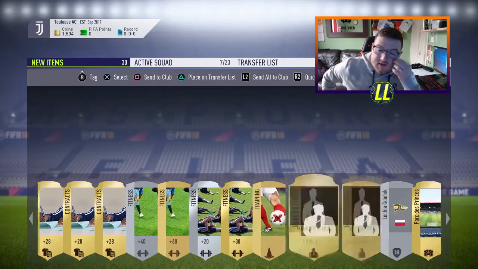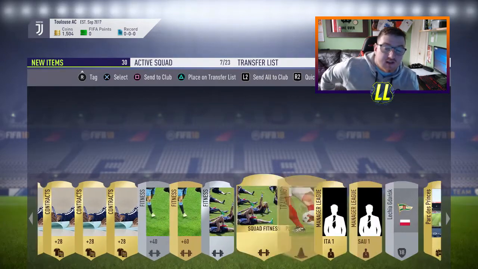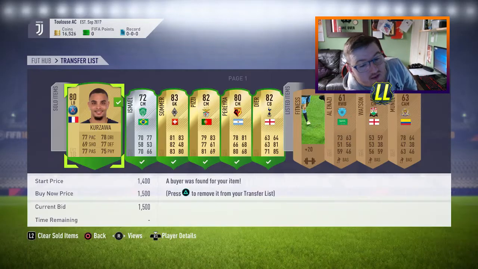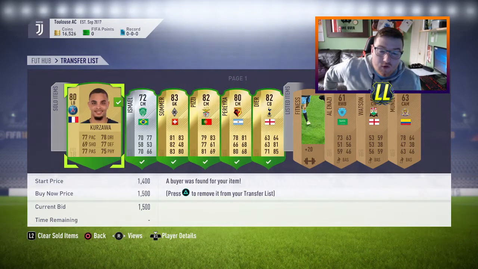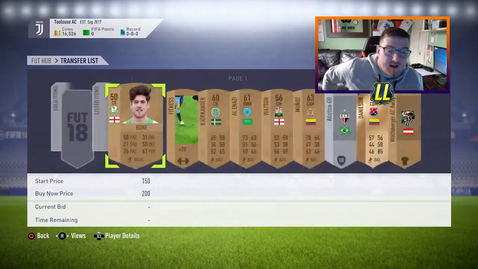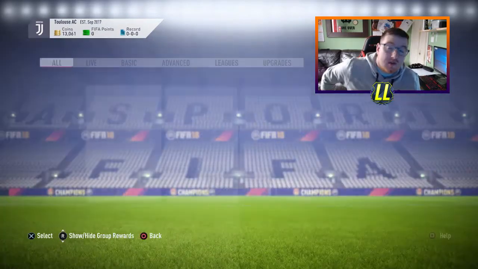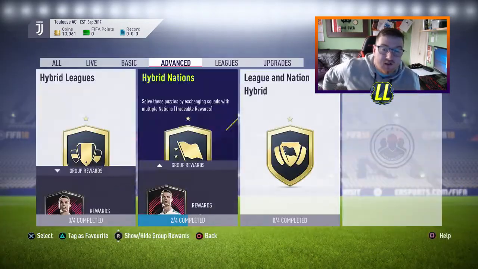We had a couple of squad fitness cards, which are always good, and not much else in the consumables. A few contracts which will sell, of course. But that was what we had in this one. That was decent. This is how they sold. As you can see, we got 4K for 3 of the players there, which has put us straight up to 16K, which puts us in a much better position already to carry on. We're on 16K when we started on